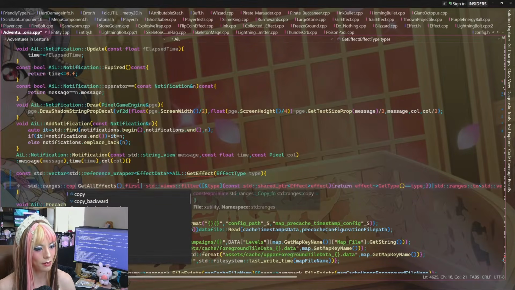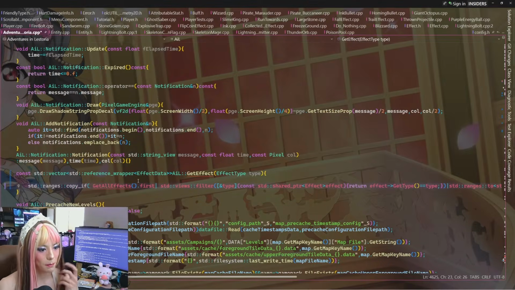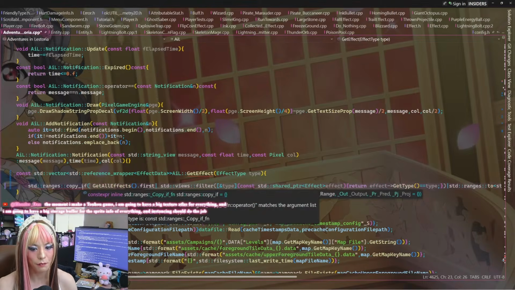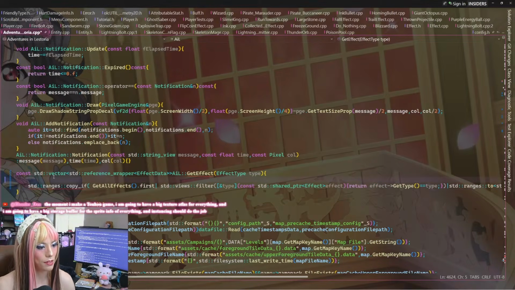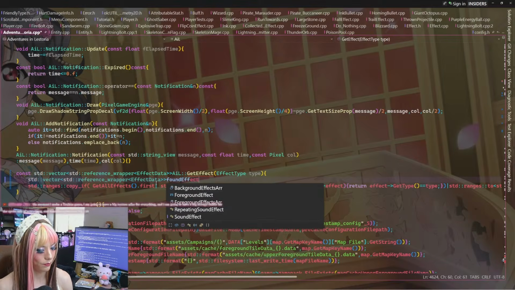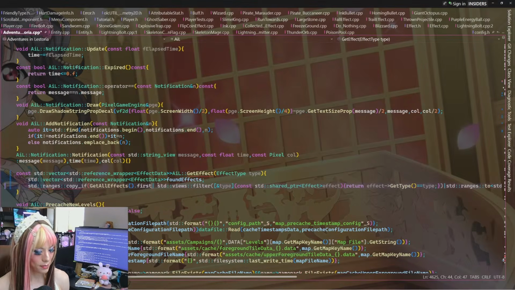I think we found out copy if does exist in here. Copy if range output predicate. So we just have to make a new one. This would be like found effects. Okay, so get all effects first.